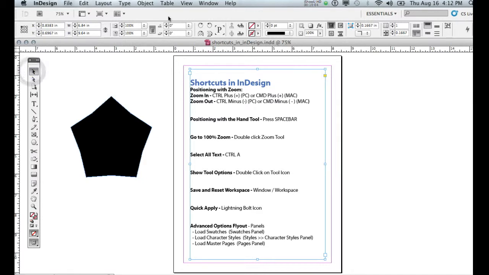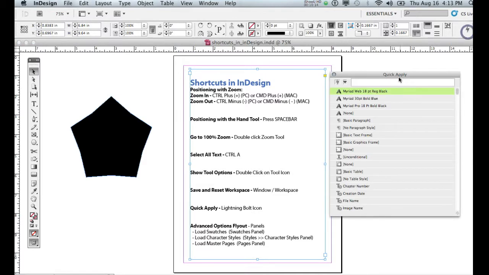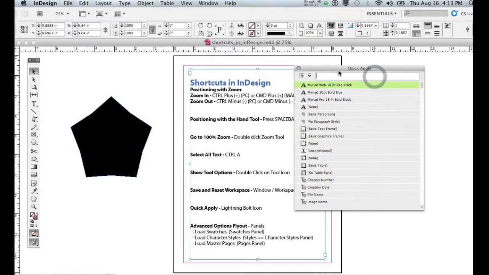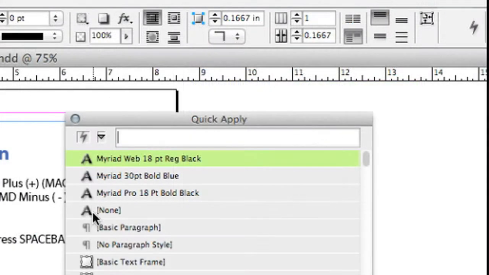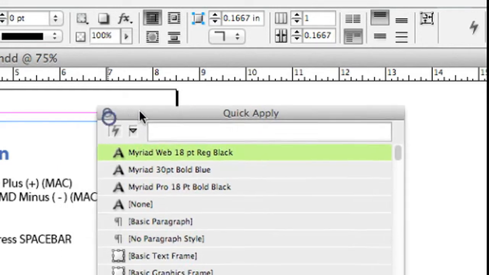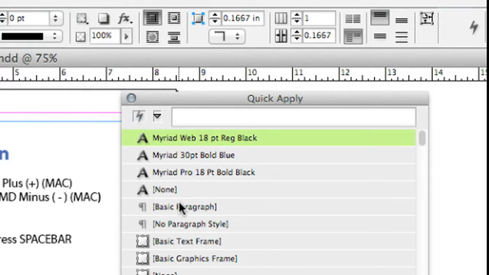Alright, the next shortcut that I want to show you is the Quick Apply. And that's this little lightning bolt icon that's up at the top right here. Command Return, or Control Return on a Mac, can get you into that. I'm going to open this up, and you can see when this is open that it has a list of character styles that I've created, any paragraph styles that I have, and also other kinds of styles that have been saved. The nice thing about this is I can take this information from right here and apply it to text